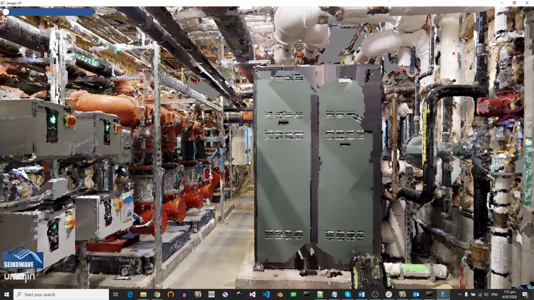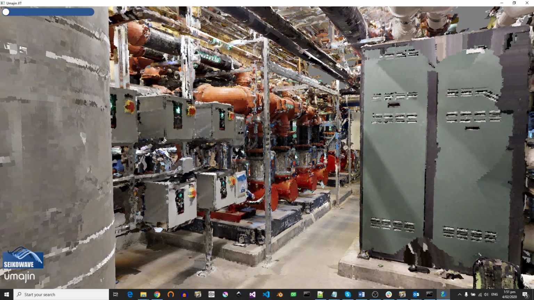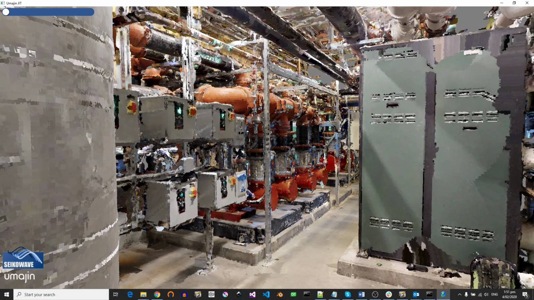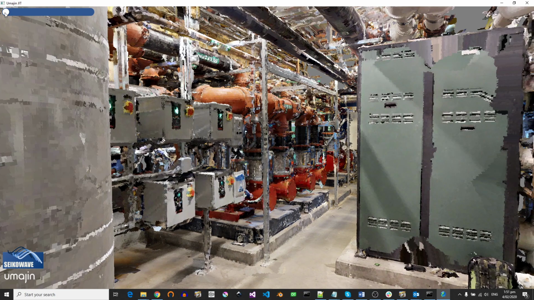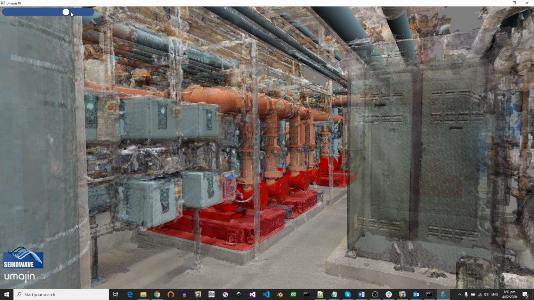And one of the really interesting things that happens with these plants, so this is a pumping station, is that the BIM, or the CAD data, the Building Information Management System, with the CAD data gets out of sync with the real world. So if I scroll this little dial here, I can kind of move into an X-ray mode